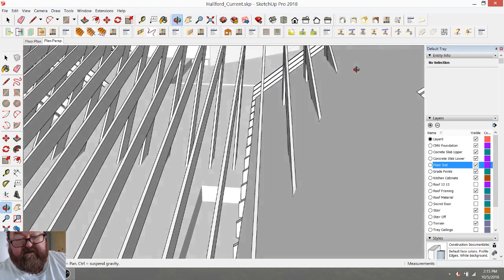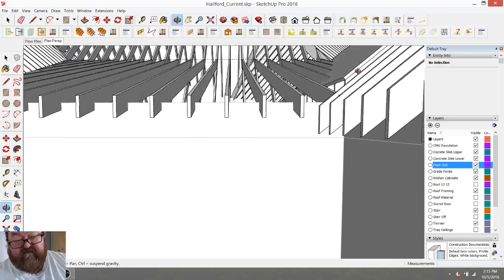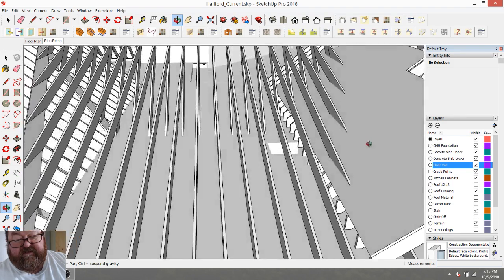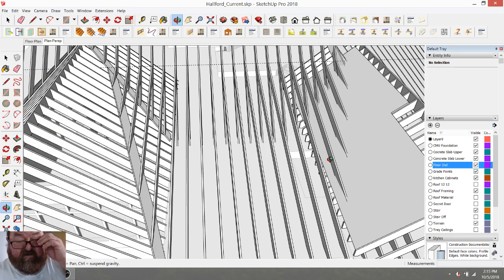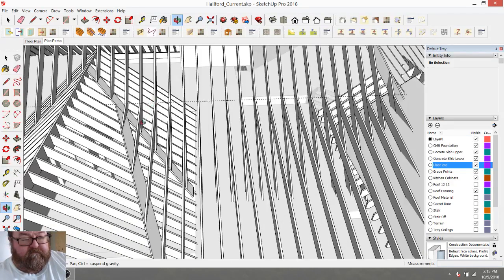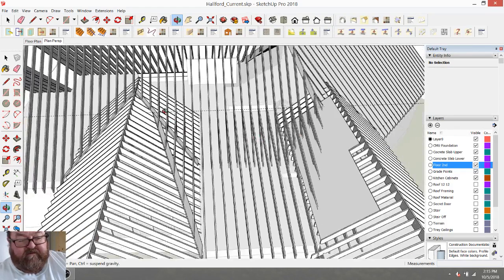So see, now we can actually see where our valley's going to hit. Not bad at all. Looks good. But you can see, to get this long board, I could... Why can I not? I need these 2 boards over here. So what I could do is